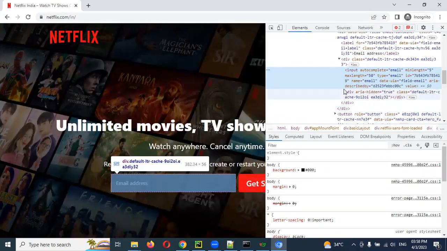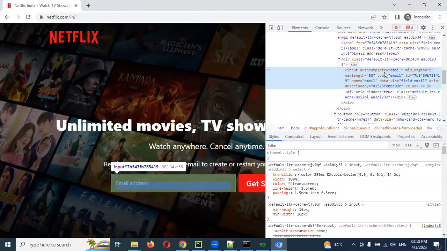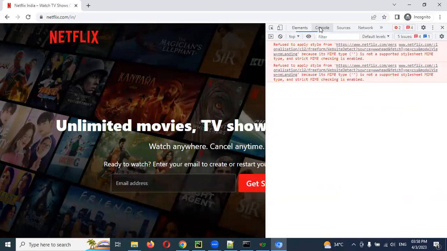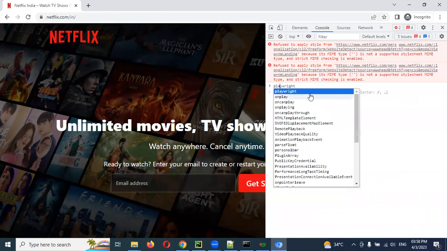question. If I inspect here, it is providing autocomplete as email, and type is email, ID is present, and name is present, everything is present. Then why are we going to do it? Name is there, can we do it for the name? Yes, we can. You can see here directly Playwright